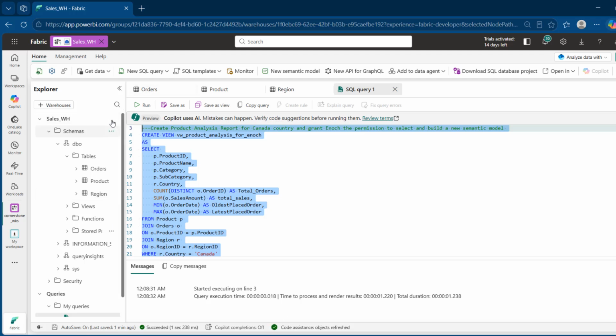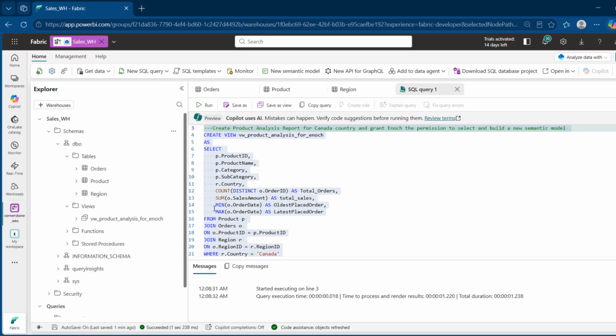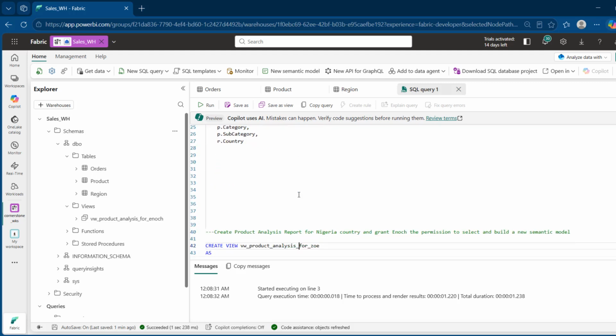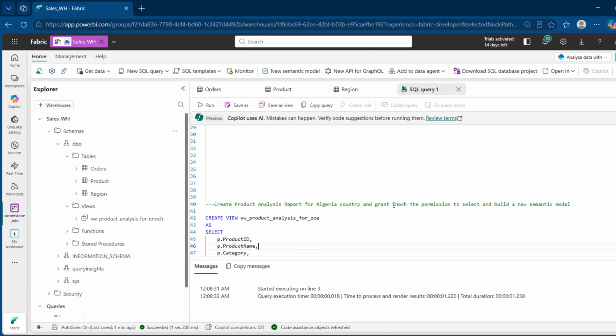And then we can see that the view is now created when I click on this to expand. So let me just expand this a little bit. VW product analysis for Enoch. Now let's go to the bottom and do the same thing for Zoe. So in this case, I'm just going to change this to Zoe, and this is named